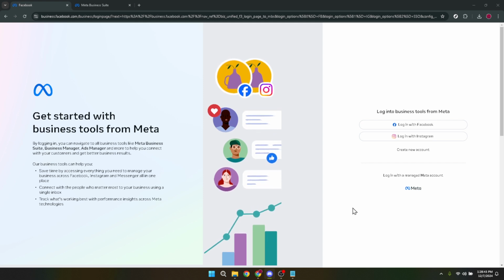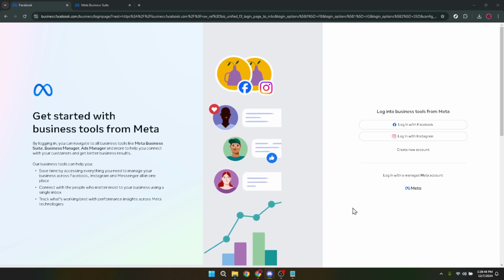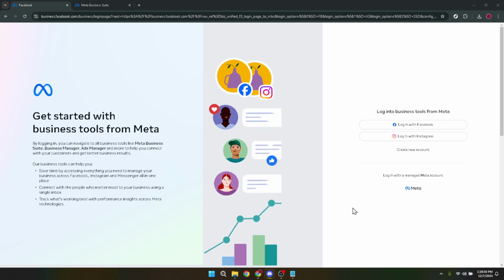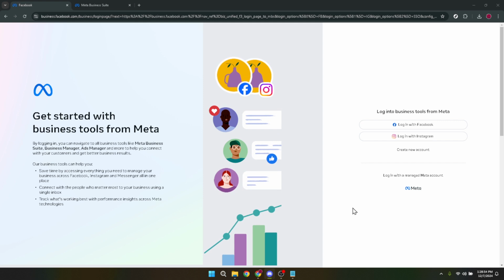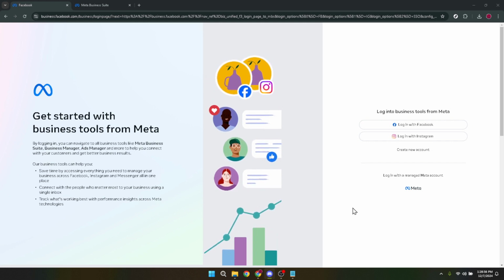This might seem straightforward, but remember you need to log in with the account that has access to the Facebook ads you want to work with. Depending on your setup, this could be your personal account or a dedicated business account. After successfully logging in, you'll be prompted to choose your account from the list provided. Select the account that's associated with the ads you're intending to optimize. This will bring you into the heart of your advertising dashboard.